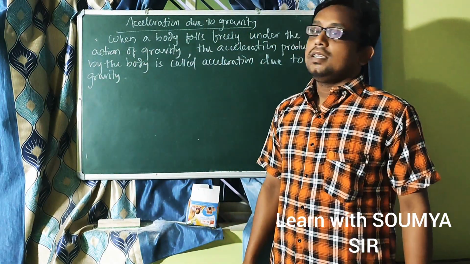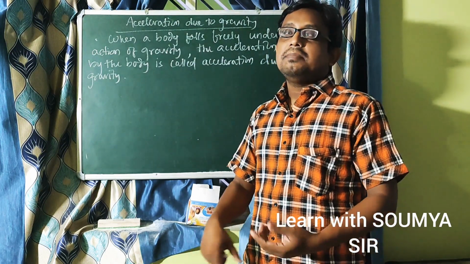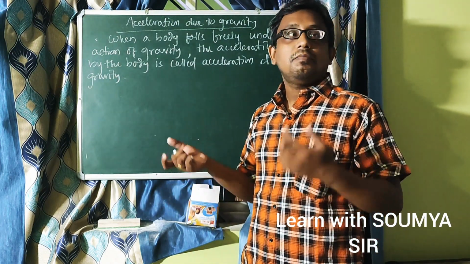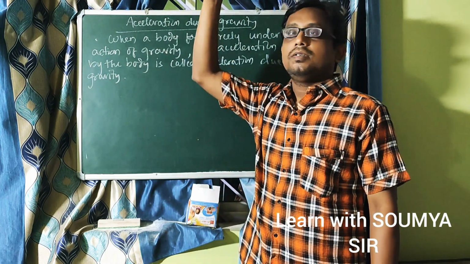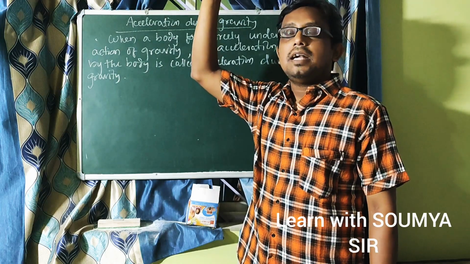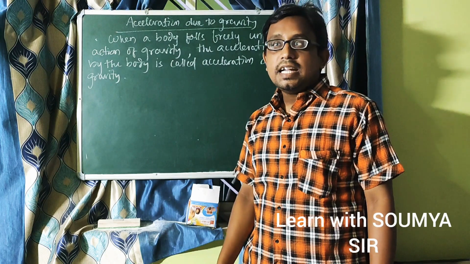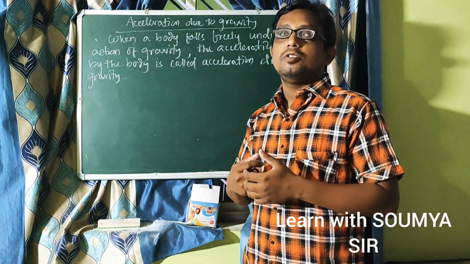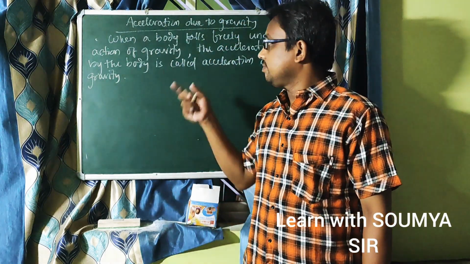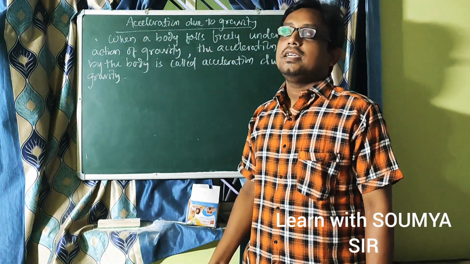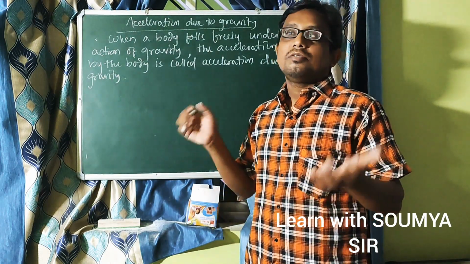It means we know that everybody is being attracted by the gravity or force of gravity or by the earth towards its center. So when we drop a body from a certain height, it will be attracted by the gravity and it will fall freely under the action of gravity. At that time, how much acceleration will be produced by the body, that is equal to the acceleration due to gravity. Or we may say that the acceleration produced by a freely falling body is also known as the acceleration due to gravity,